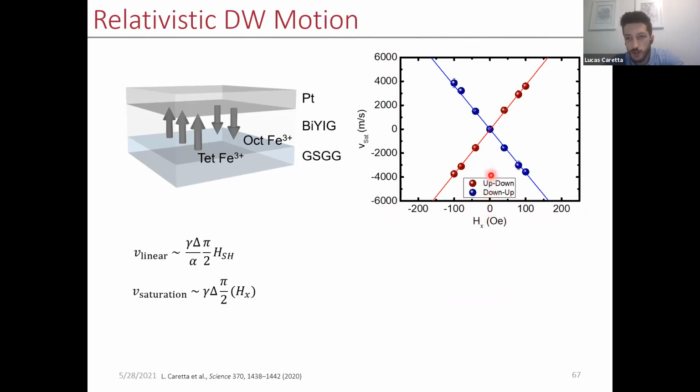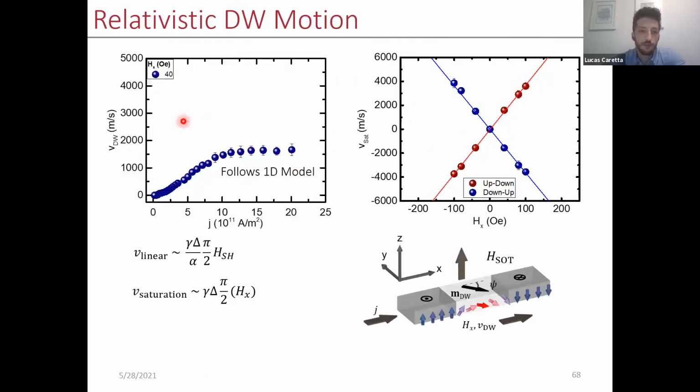And of course, at zero in-plane field, when the domain wall is Bloch, the domain wall doesn't move at all with the current. And as we increase the in-plane field, or the stiffness of the domain wall, increasing the Néel character of the domain wall, this plateau increases. And here's a more familiar plot of that.